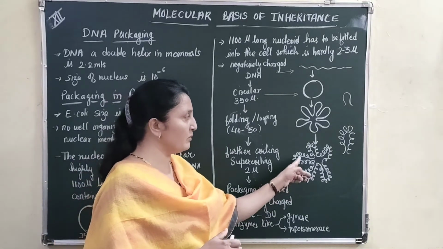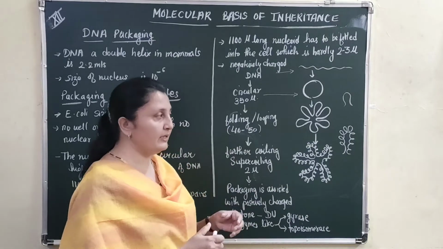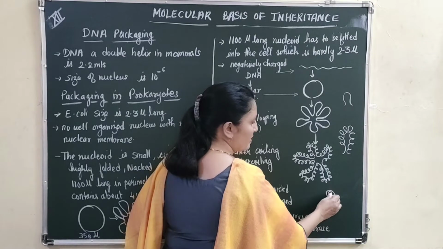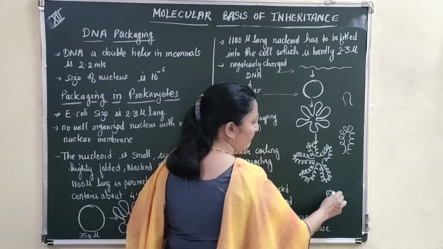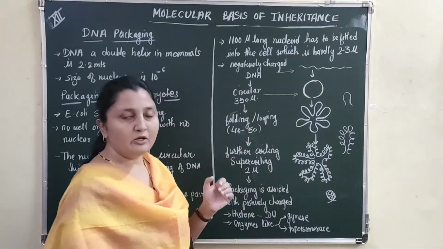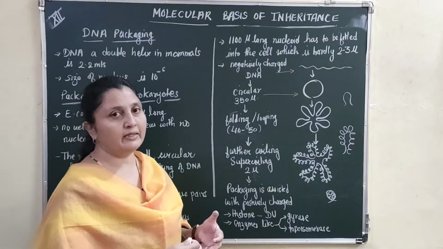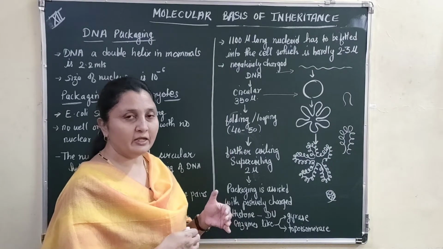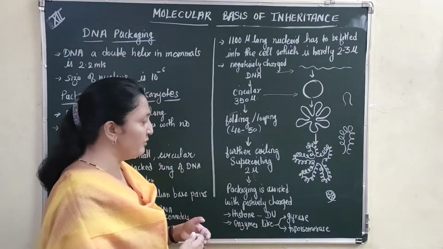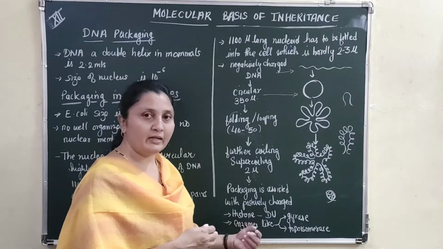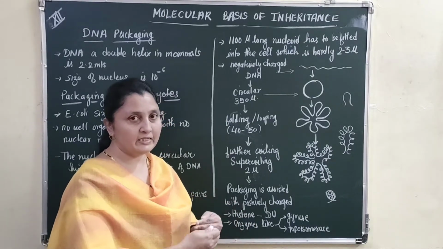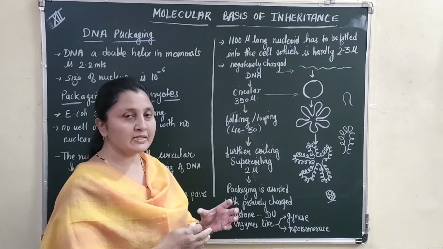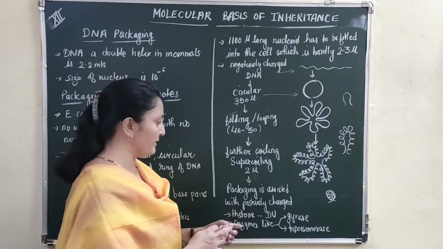Now if you have to supercoil the DNA, it has to be packed, right? So if you talk about this coiling, the histone proteins are present here, which pack the coiling. Correct? So for packaging, as if you are packing a TV set, you will have to use thermocol on all the 4 sides, right? If you have to pack a DNA, you have to use histone protein, and on that histone protein the DNA is bound, or it is folded on that histone protein. So it gives stability to that particular structure, right?